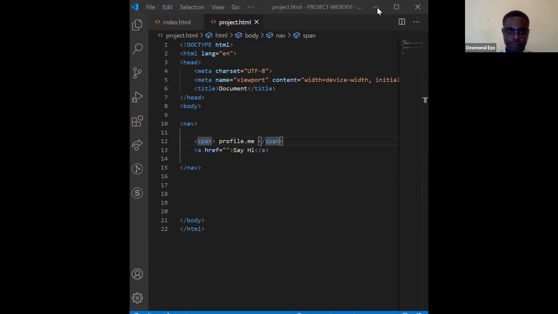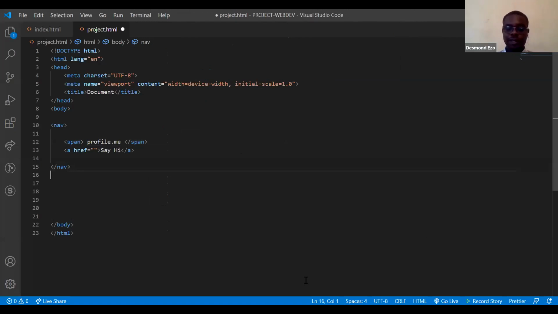Okay, so I just realized that. So let me continue. So that's the navigation. The next thing that we would be looking at would be